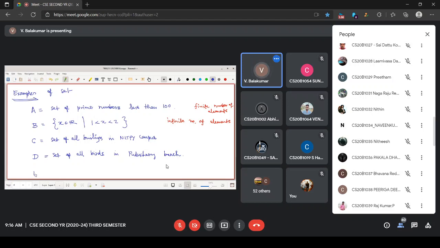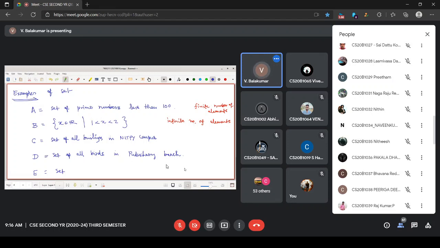And another set, E. You see, for C and D, I cannot use the roster method, but maybe set builder form can be used. Set of all buildings in the world such that the building is in the NIT campus.